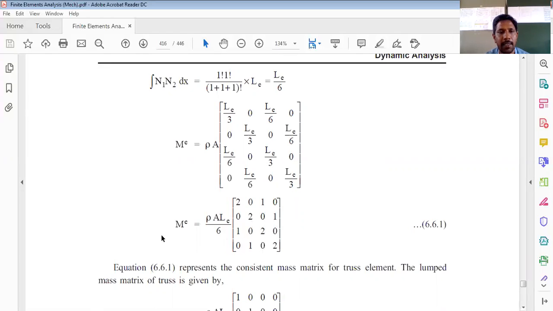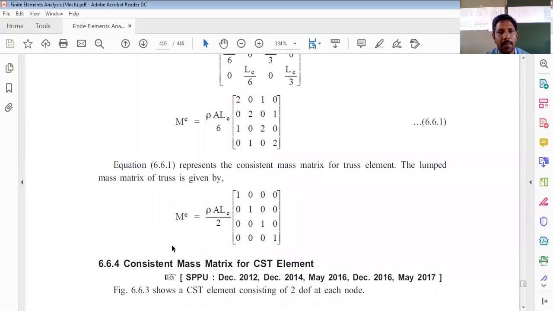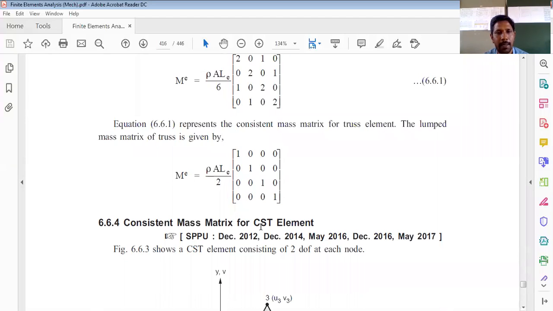So this mass matrix is the consistent mass matrix of the truss element, and the lumped mass matrix can be calculated by assuming that the mass is concentrated at node number one only for the first calculation, and then for the second calculation. We will get the same set of equations as that of the bar, rho A L times a matrix of 1 0 0 0; 0 1 0 0; 0 0 1 0; 0 0 0 1. So the thing is, in case of bar, we will have a 2 by 2 matrix, whereas in case of truss element, as it is a 4-degree problem, we will get a 4 by 4 matrix.